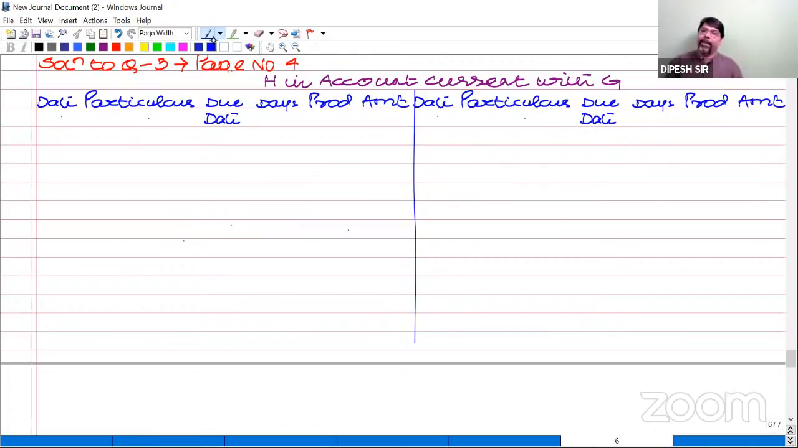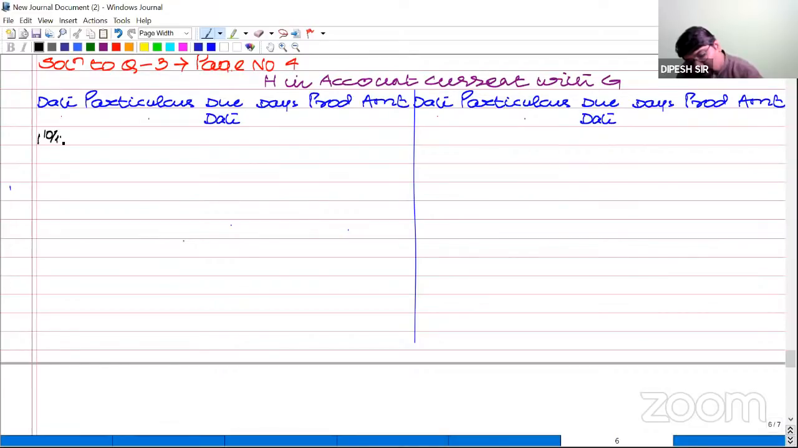Now, from whose point of view are we supposed to think? G's point of view. The first transaction of 2017, October 1st: balance due to G by H. That means H has to pay G, and G is supposed to receive from H. If G is supposed to receive from H, it is receivable. Receivable means asset. Asset means opening balance on the debit side. So I'll write